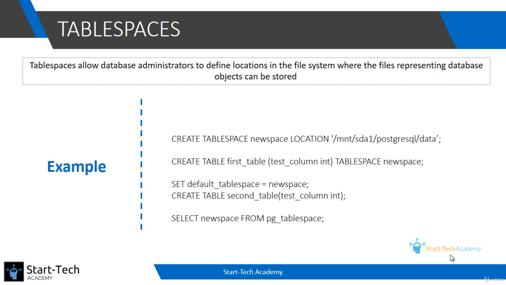Another scenario is when you want to optimize. For example, some of the tables are regularly created and deleted. Such data you'd like to keep in a disk which is higher performance, which is fast. Whereas the data which you rarely retrieve, data which you just keep as archived, you can keep in a separate disk. So you can have two table spaces, one where all the tables for which you want higher performance, and the other where you'll just store the data and that data will be retrieved very rarely. So that way your storage optimization can be done.